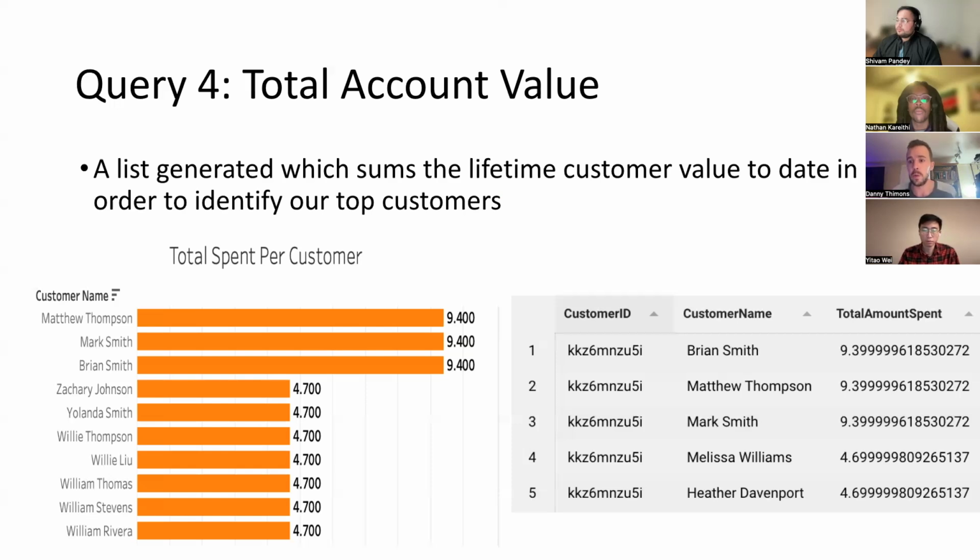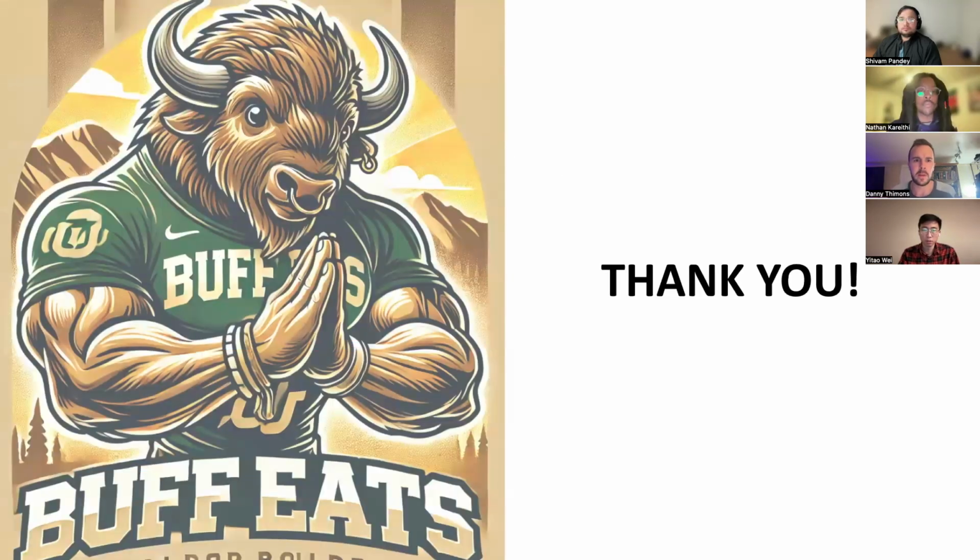The customers that we really don't want to churn are the ones at the top of those lists: Matthew Thompson, folks like him with the 9.4. So that's what the total account value is. And if you want to go to the next slide, Shivam, just to kind of recap everything